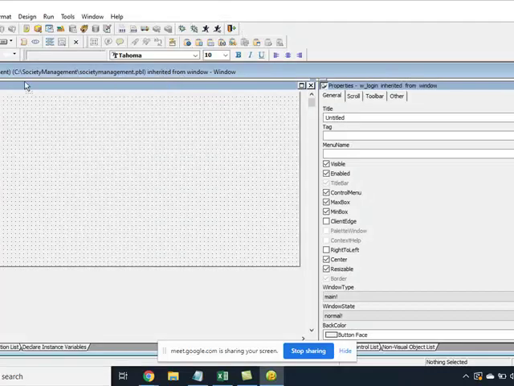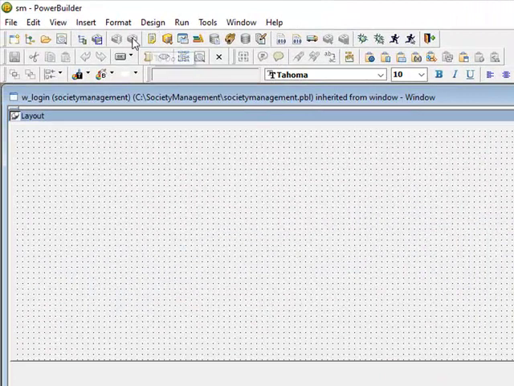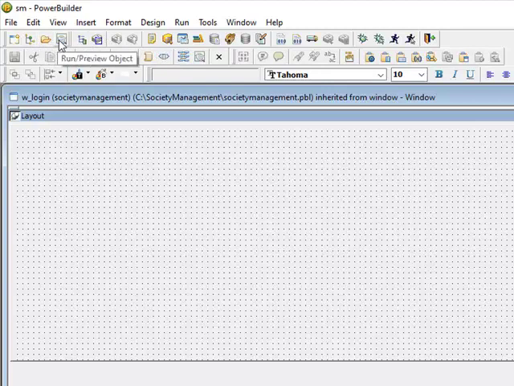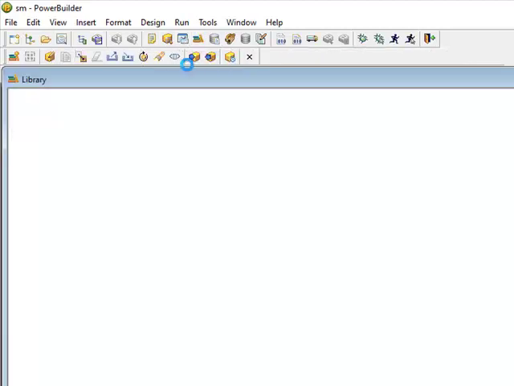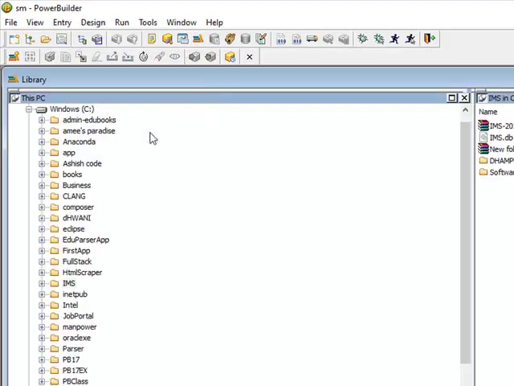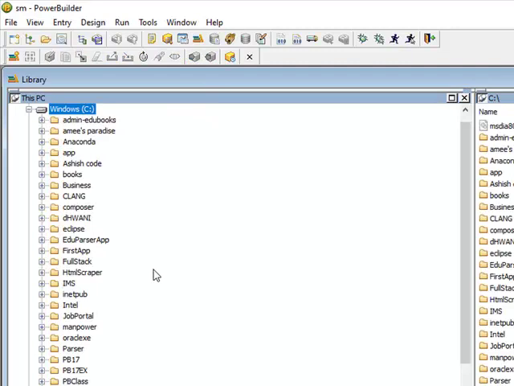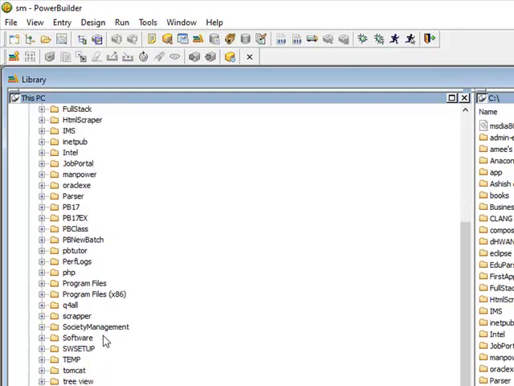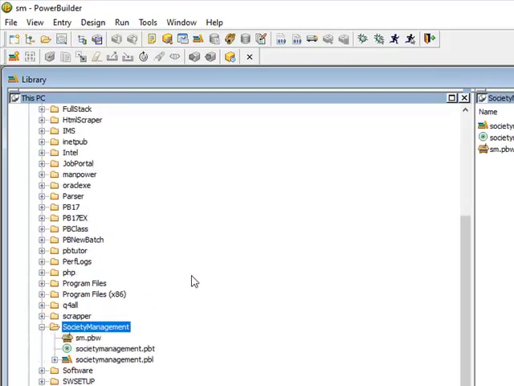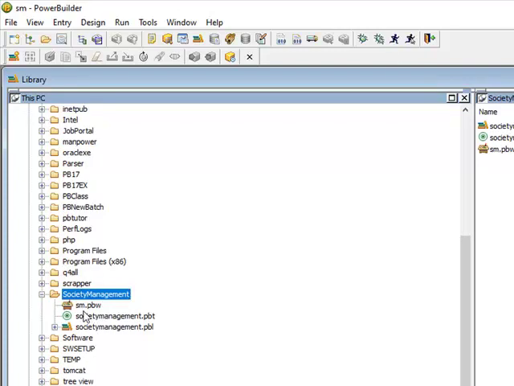There is one more way. What is that way? Yes, this one. Library. You can open your objects from here also. C के अंदर क्या था आपका? Society management. If you click here, you can see these three.